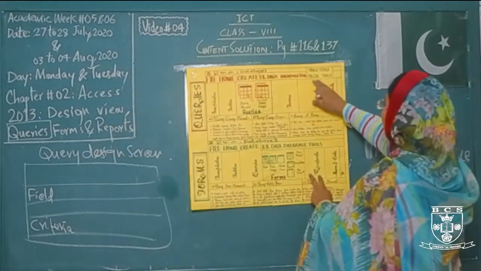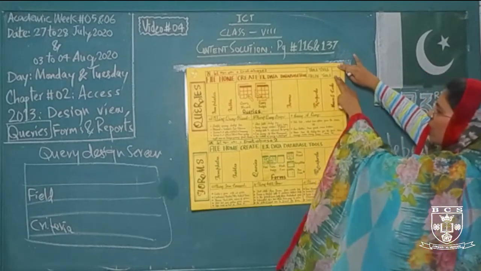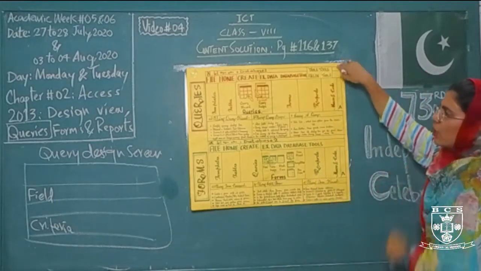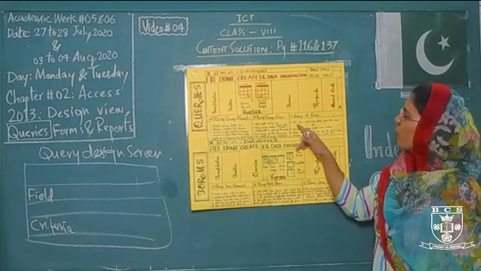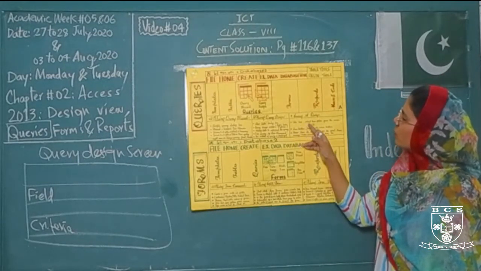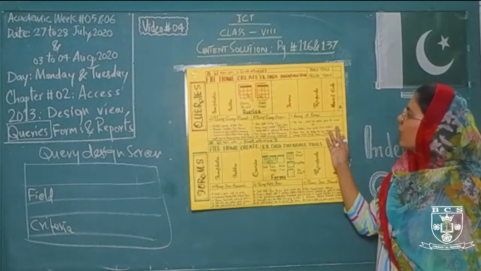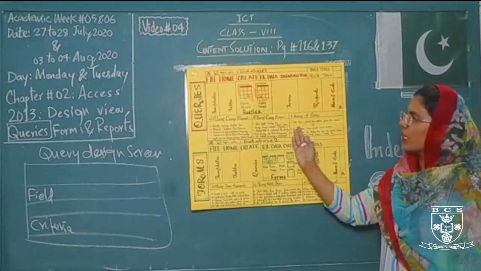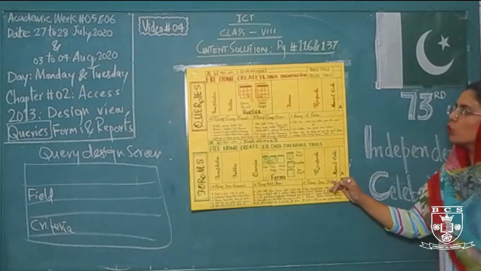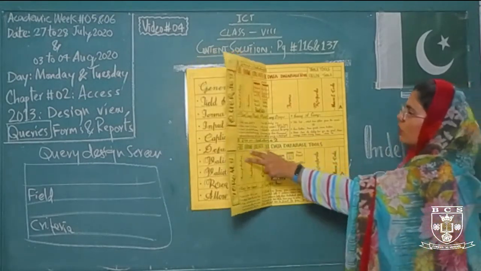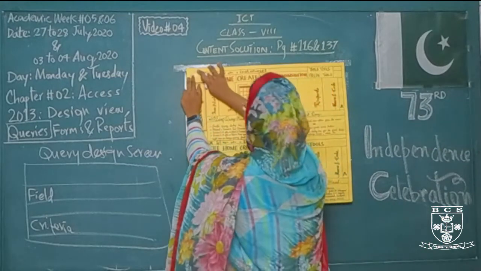After that, we have the third last topic regarding the query, that is saving a query. How do we save a query? For saving a query, we have to just click the file tab, and right after that we have to select the save option from the menu. A menu appears as we click on the file tab, and it has a save option. So we have to just simply click the save option for a query.